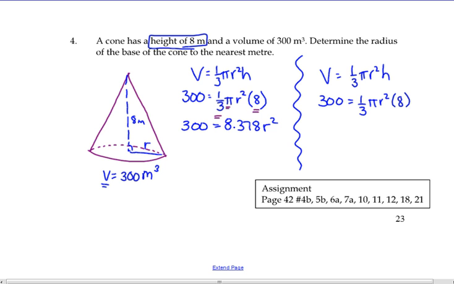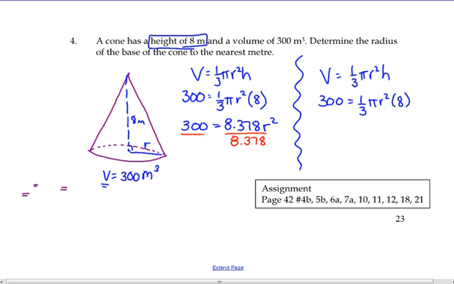Okay? Ignore the little lines I drew here. There you go. So we typed in the 1/3 times pi times 8 and combined them together. That makes this a lot easier because what would be my next step? Well, what operation is happening between these two? Multiplying. So we always want to do the opposite operation. What's the opposite of multiply? Divide both sides